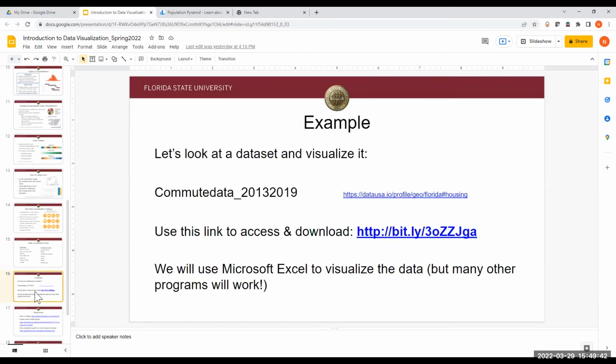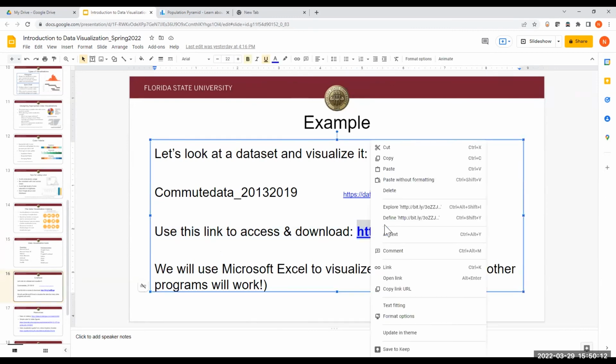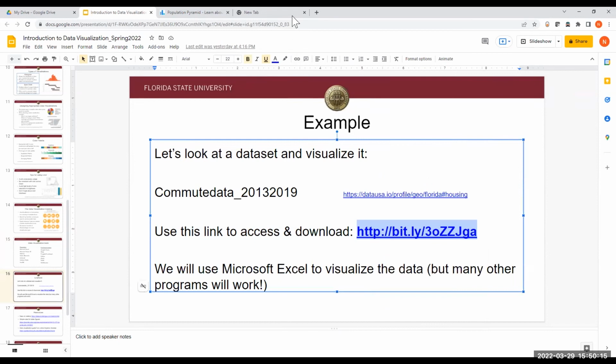But just to cap us off, I am going to do a very quick example. So I do have a data set here that I've linked. It's a data set containing commute data from 2013 to 2019 in some southern US states. There's a link to where the original data set is in the slides. And you can also download this data set. I'll put that link